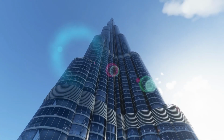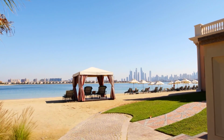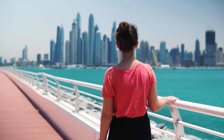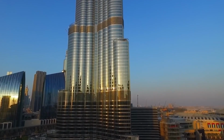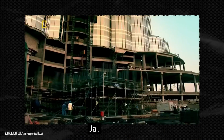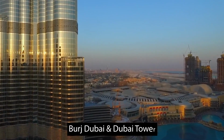The conceptualization of the Burj Khalifa was based on diversification plans by the government of Dubai, wanting to transform the state from a primarily oil economy to a multi-diverse tourist attraction. The government sought to establish projects that would garner international recognition and investment, and the Burj Khalifa definitely did that. When the development of the tower officially kicked off in January 2004, the building was known as the Burj Dubai,